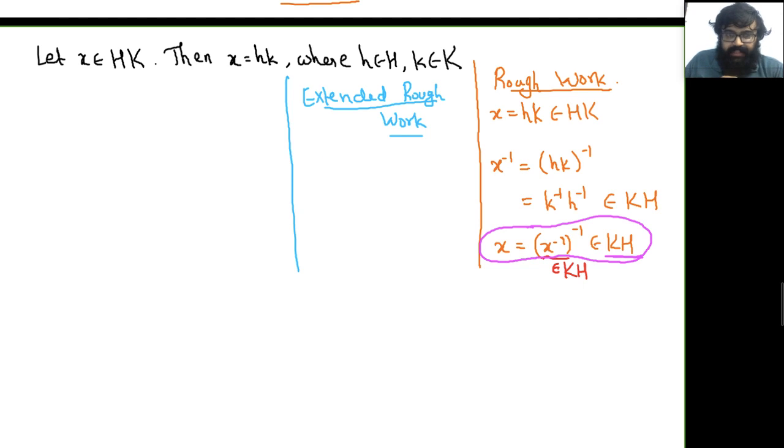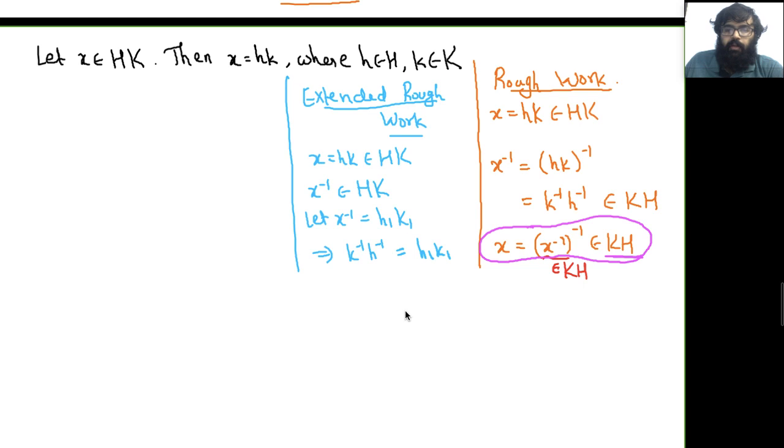So what we do, we take x equals hk in HK. This is the improvement in our rough work. We know HK is a subgroup, so inverse is allowed here. So we take x inverse belongs to HK. Let x inverse equal some element of HK, say h1 k1. But then what is x? x is hk, and x inverse is k inverse h inverse, which equals h1 k1. And what we want